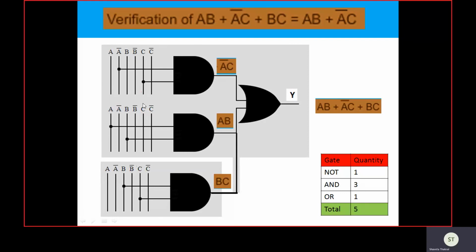One NOT gate is required, which is not shown, but A complement is shown to indicate that it is the complement of A, generated with the help of a NOT gate. Then there are 3 AND gates and 1 OR gate. So a total of 5 gates are required to synthesize this particular circuit.